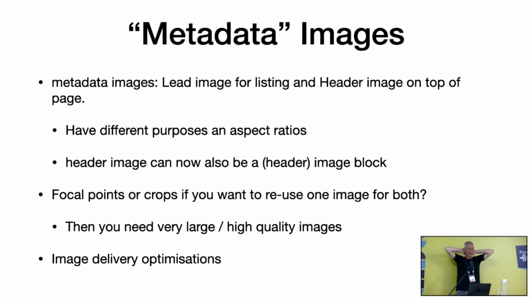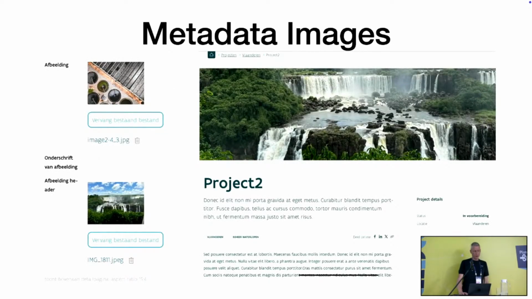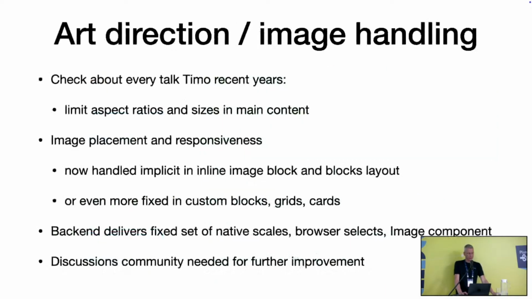Maurits and I experimented a lot already with focal points, automatic focal points in other projects. You could say, okay, let's use automatic or manual focal points and reuse one image on the context for all these kinds of things. But from an editor's perspective, most sites don't have these kinds of high quality images where you can have a large square image and use a focal point to zoom in and cut out portrait, landscape, or square images. What we did in this project, we added 2 images on most content items, a normal image and a header image, and then we reused them.